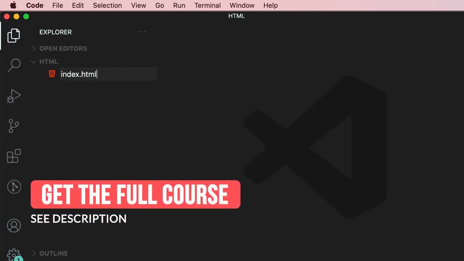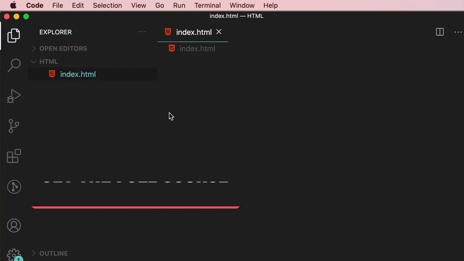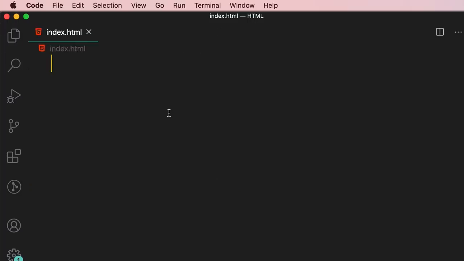As I told you before, index.html often represents the homepage of websites. So let's go with that. Now we can close the Explorer panel by pressing Command and B on Mac or Control and B on Windows. Good. Now, the first thing we need to do here is to tell the browser that this is an HTML5